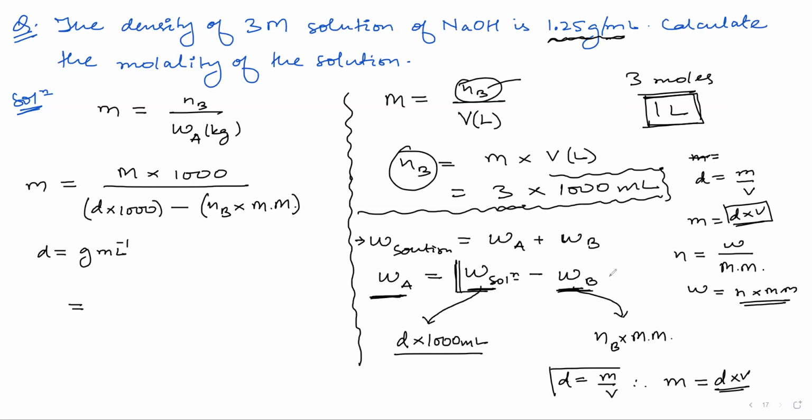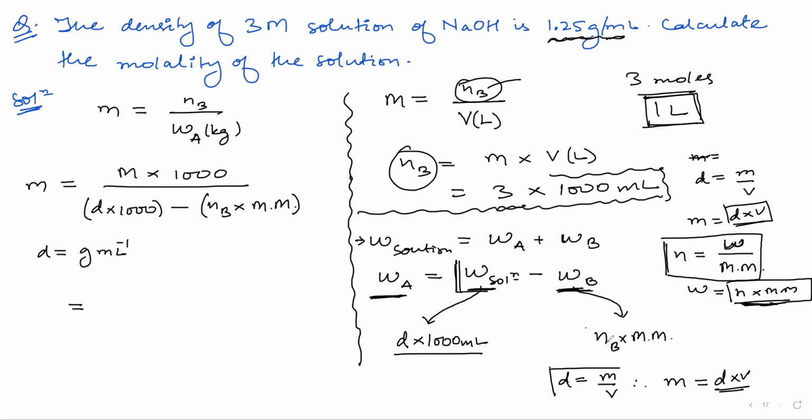Now we are remaining with mass of solute, correct? Yes, sir. So for mass of solute, we go to the formula. Number of moles is equal to the given mass divided by the molar mass. We know this formula from the mole concept, correct? We have to find the given mass, that is W. So W will be equal to what? Number of moles into molar mass.